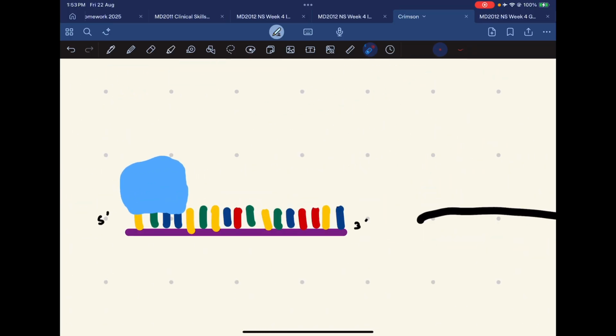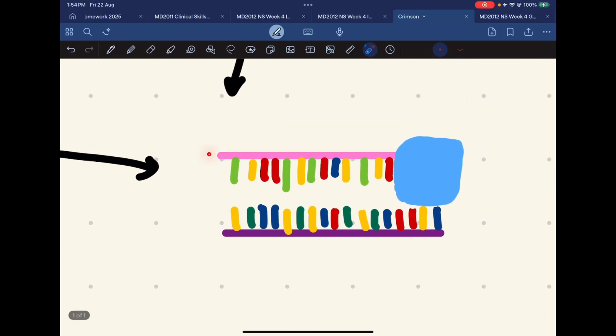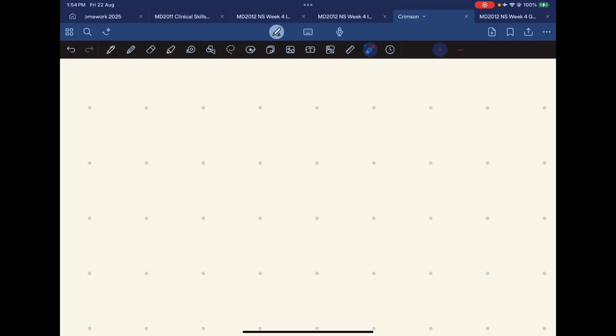And another important note is that our little RNA polymerase here works from the 5' end to the 3' end, and that is on the sense strand. So what I mean by that is this end here is going to be 5', and this end here is going to be 3'. Do you understand the difference between 5' and 3'? Not really? Okay, that's all good. I'll draw it down here. It might be a bit more depth than you need to know, but I will explain it just so that you understand. So let's draw ourselves a nice little